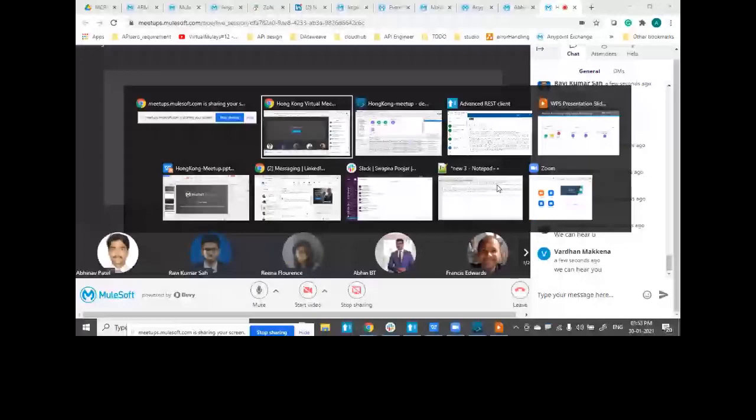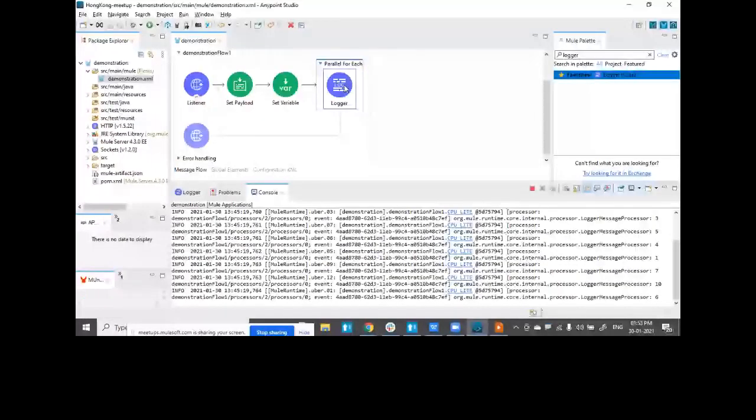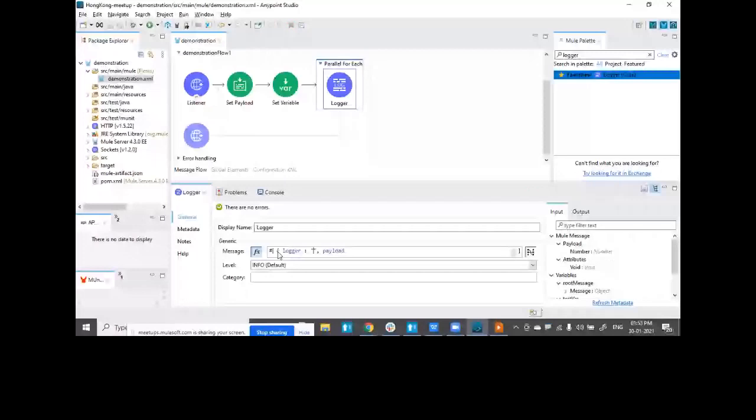Okay. So let's try to continue with our solution first. I'll again start modifying my payload. I'll go to the logger, and in the logger, I'll create a logger, let's say, before processing, and I'll check my payload and my variable, which will be vars.textVar.